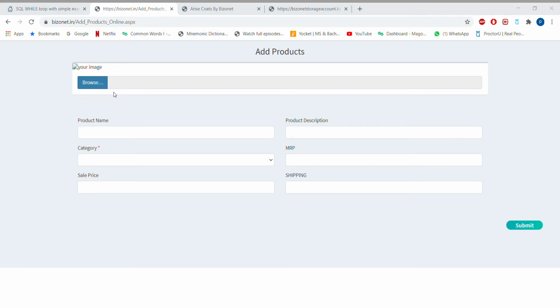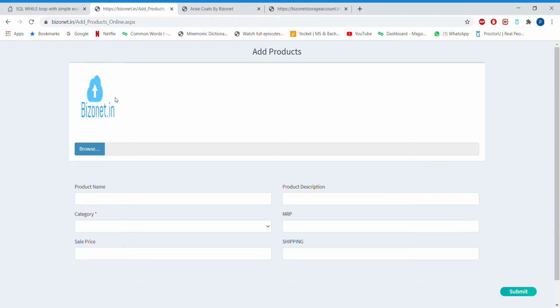You can just choose the image, like you just have to go there and choose the image. You can see the chosen image here. Its name will be automatically stored in the database as your image name, image file name. You can add the product name and add